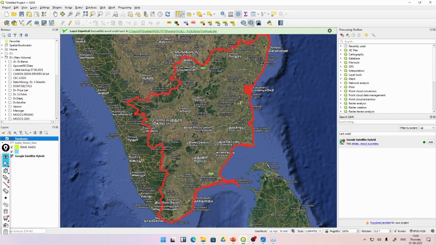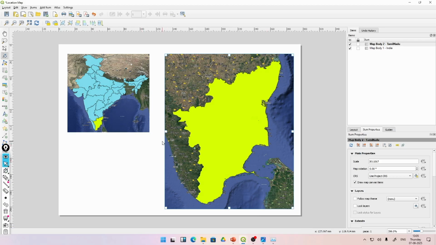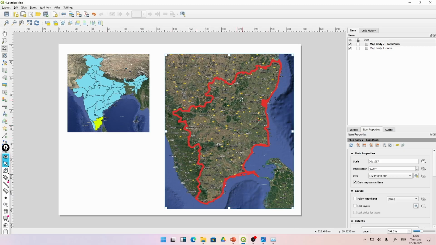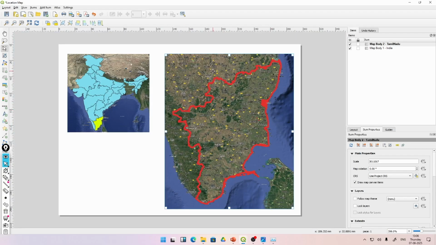So, when you do this, in your map you see now Tamil Nadu getting highlighted with this nice red color boundary. Okay. And if you want, you can zoom in and see the major towns and cities in the state. So, we will maintain this template, we will go with this template,